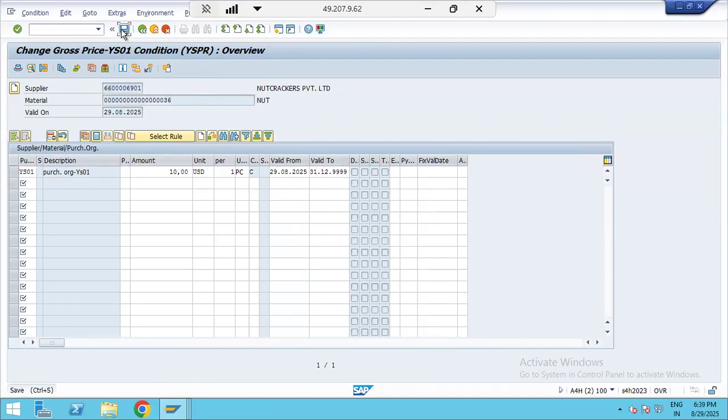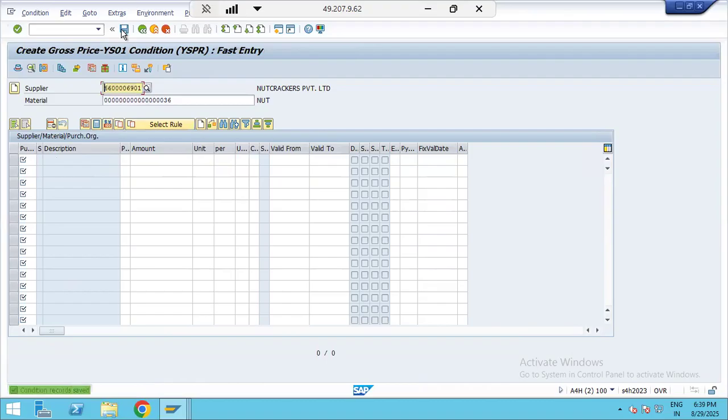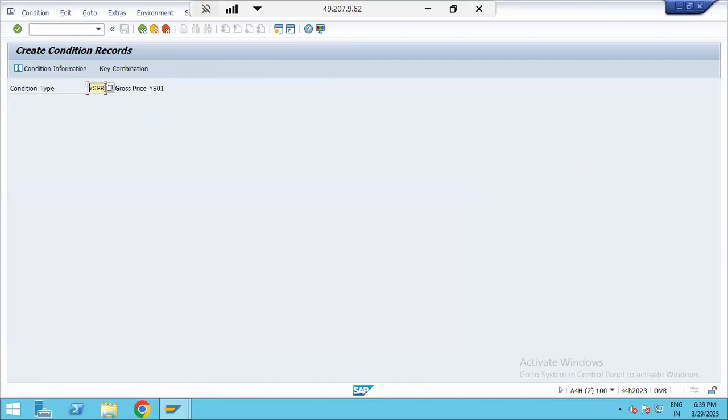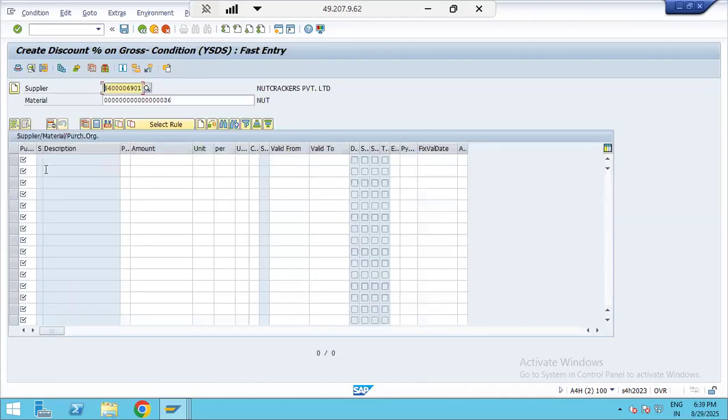This is our first condition record. It means we are applying the conditions. It is nothing special, we are just applying the condition. Similarly, when you give again the purchasing organization